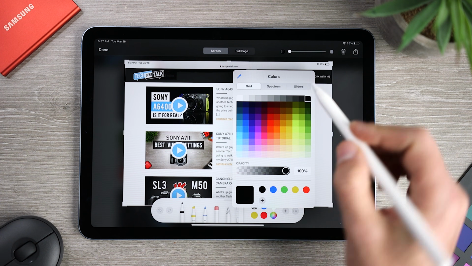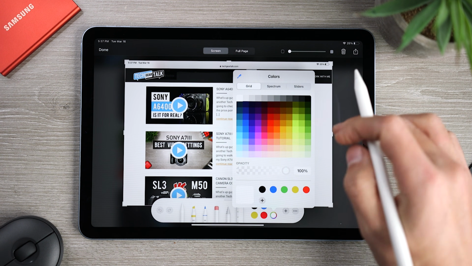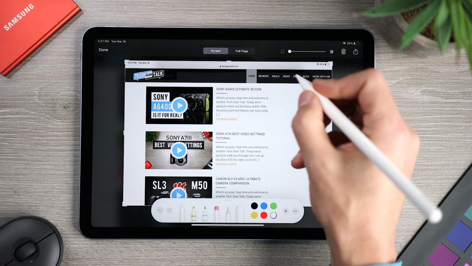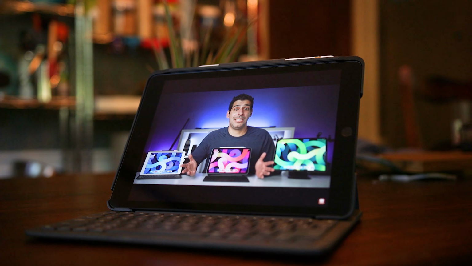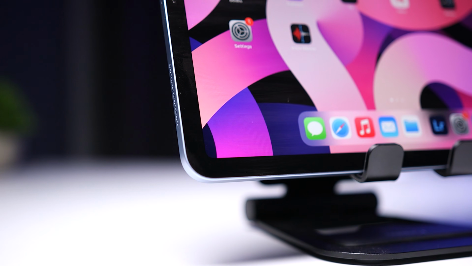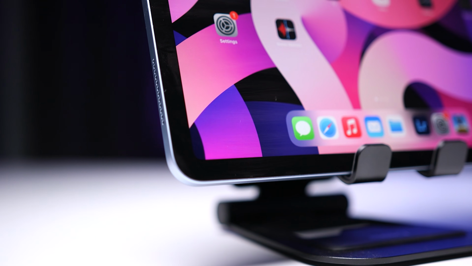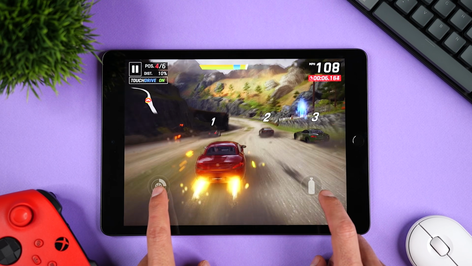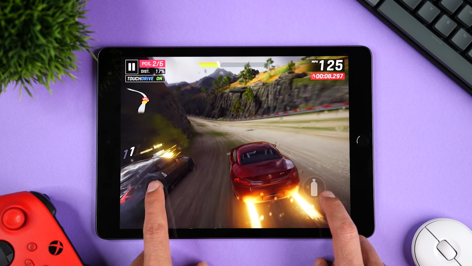Now, the first major difference between the two is that the iPad Air 4 is a fully laminated display versus a non-laminated display on the iPad 9. That means that on the iPad Air 4, the cover glass, the touch layer, and the display are laminated into one display assembly where the image looks like it's painted on top of the glass. With the iPad 9, there's an air gap between the display and then the combination of the cover glass and touch layer. Now, when I'm watching content or playing games, it's not really something that I notice.